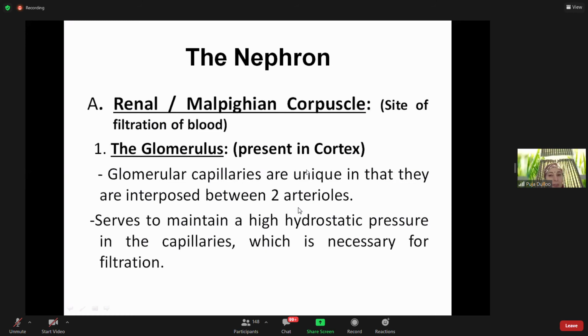If the filtration is less, urine output also will be less automatically. And the filtrate, the excreta, will not be excreted to that extent. There will be a concentrated type of urine, fine? So we need to have a high hydrostatic pressure maintained in the glomerular capillary tuft. That is why it has been created specifically that there has to be an arteriolar end at the beginning and at the end.